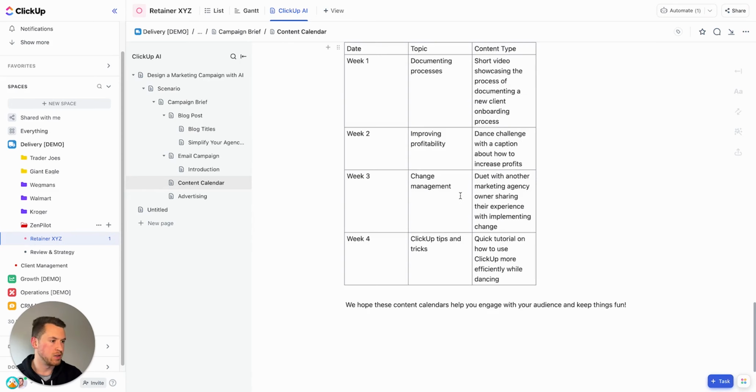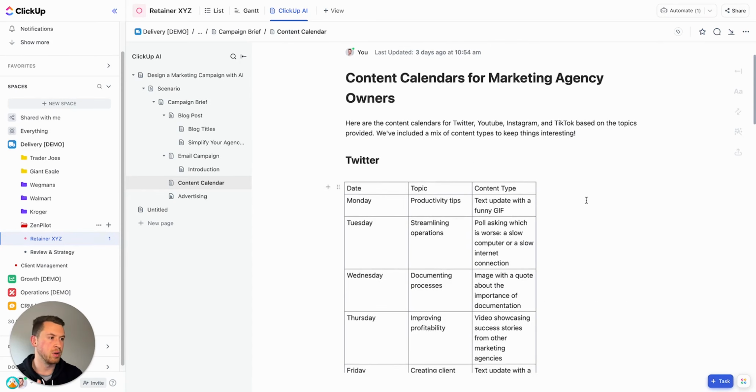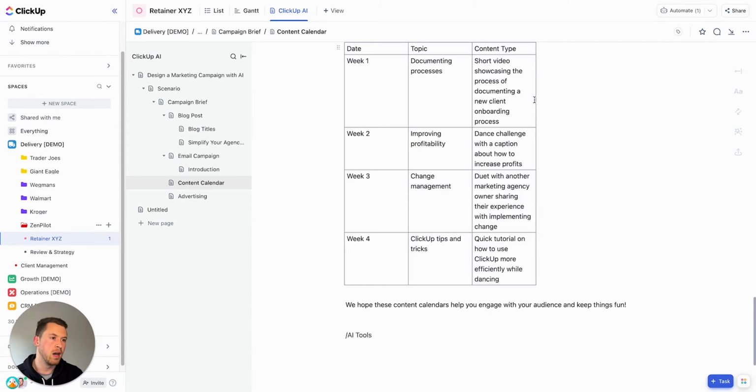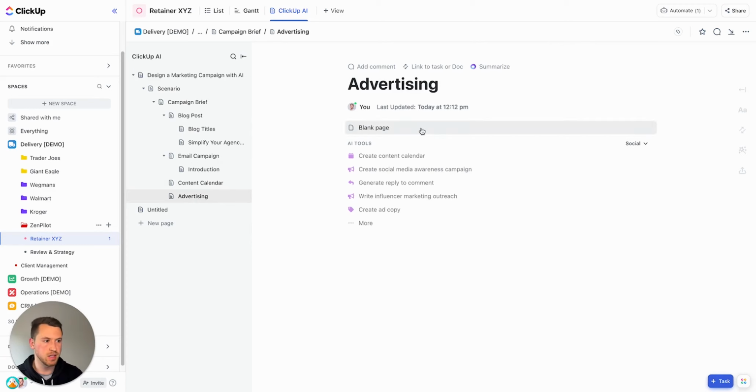So after that, let's insert that. We have our content calendar. We can start actually taking these and creating specific posts. Last but not least is going to be, let's actually start creating ad copy for our ads that we're going to use to promote this course. So this is going to be the last one I'm going to go over, but it's a super awesome way